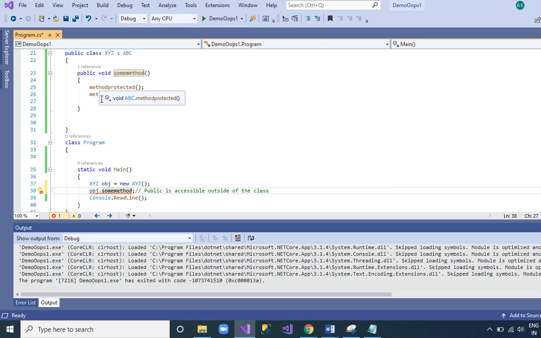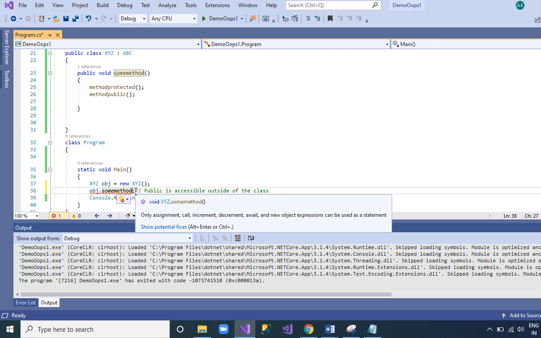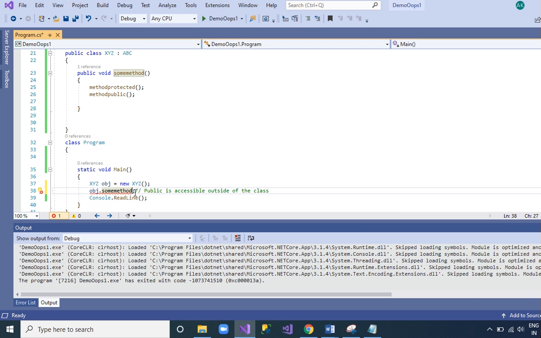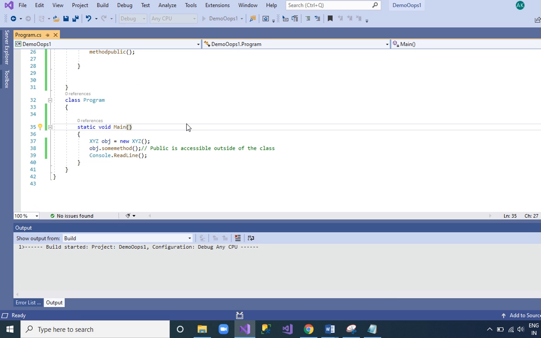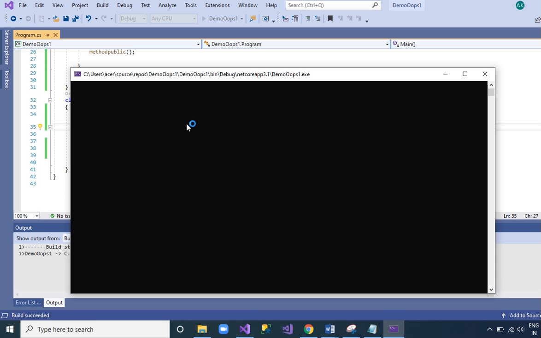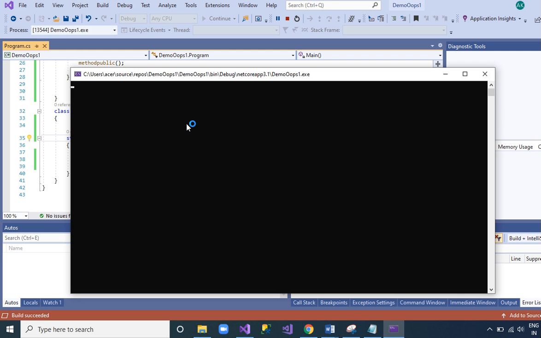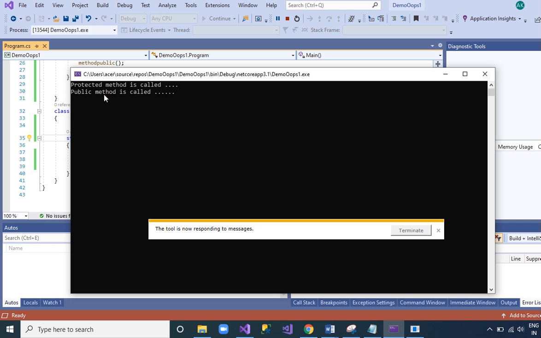In some method, we have already called protected and public. In this way we can call some method. So now this object calls public and also protected. Private is not accessible; we cannot call private. Private can be called only by using abstraction. So protected method is called and public method is called.